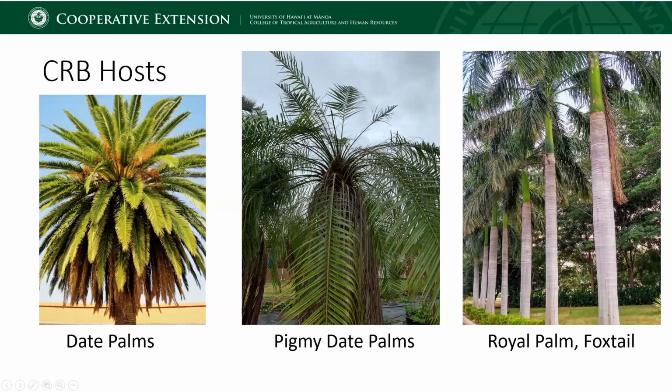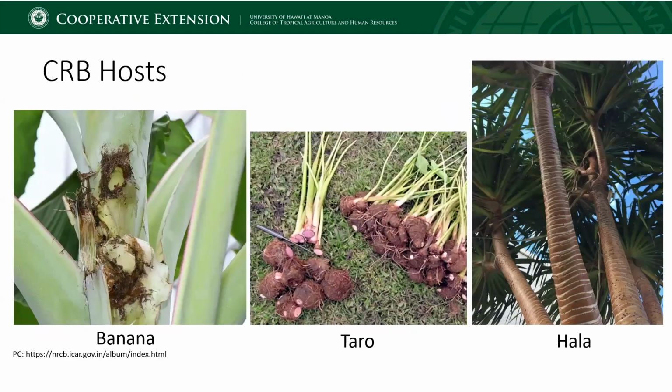So other palm type hosts include the royal palm. You've heard in the news that a lot of royal palms here on Oahu are damaged, especially old heritage types, but date palms have also been observed to be hosts. And then we're also seeing damage on other non-palm types. When CRB has eaten a good number of whatever palm hosts are in the area, they might spread out to other plants,